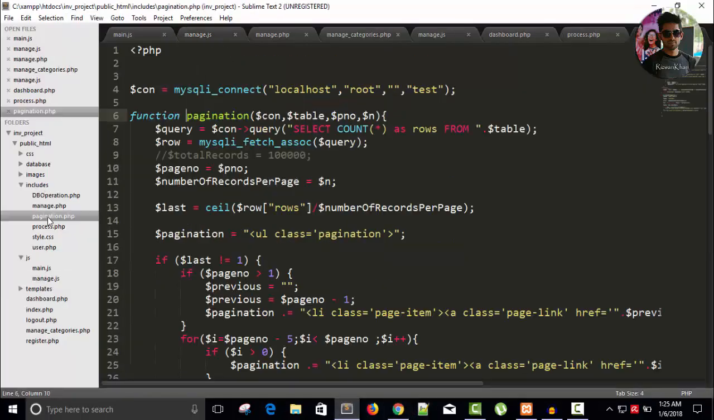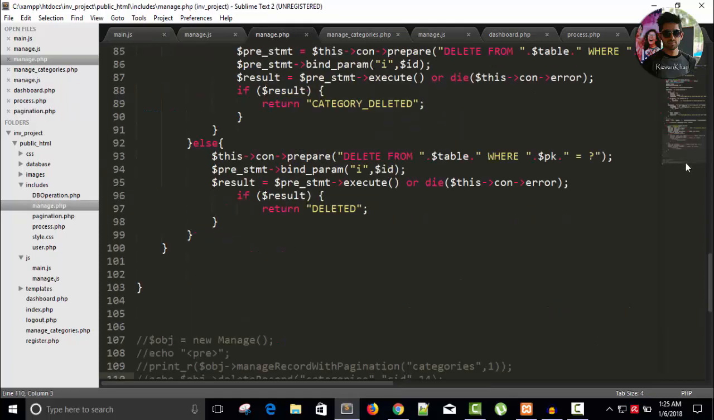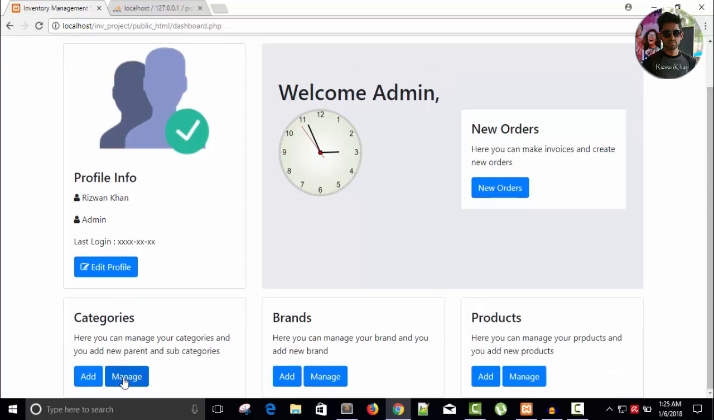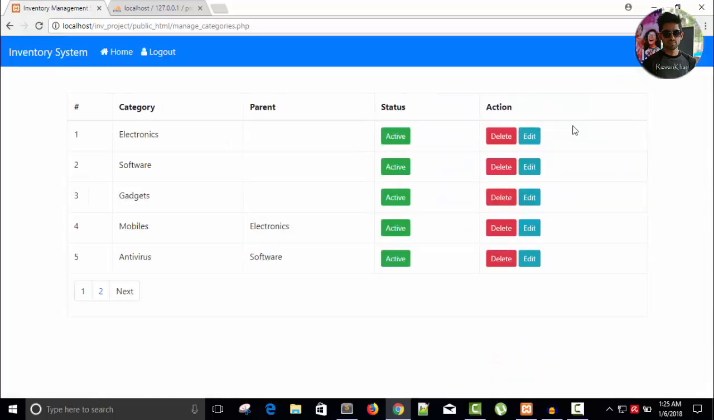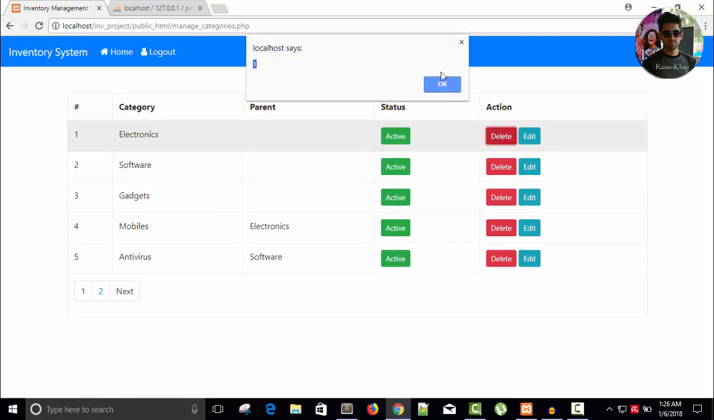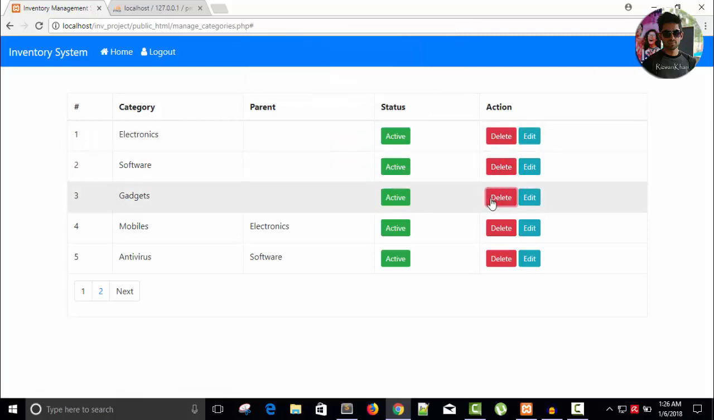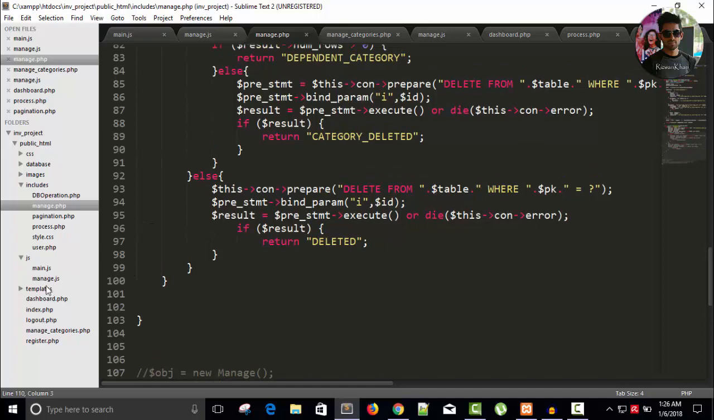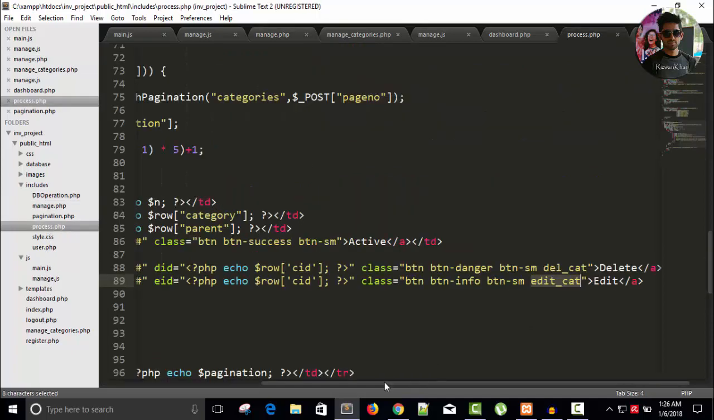I'm sure I have commented the code here. Save it and go to your manage page, and here you can see we have delete, right? So once we click delete, you can see we have ID 1, ID 2, 3, and 4. Okay, it's 5. In this way we can get all the IDs, right? So it's working fine. And now in your process.php page,